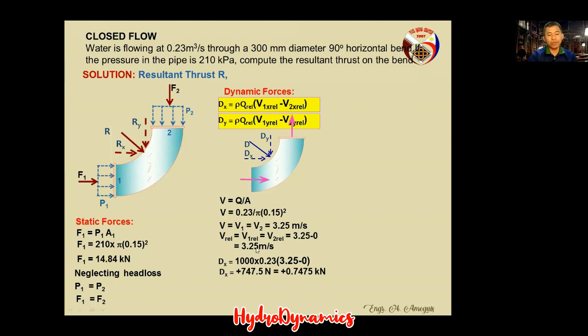Yung dy, ano yung dy? Ang b1y mo is 0, ang b2y is 3.25. Okay? Mapapansin mo, paano naging 0 yan? Kasi at point 1, asan ba yung point 1? So yung point 1 mo is nandito. Nandito yung 1, nandito yung point 2. Di ba? So ano yung y mo? Ang y mo is 0 kasi